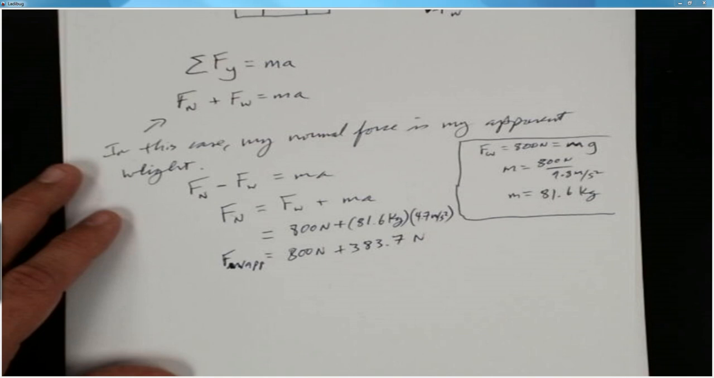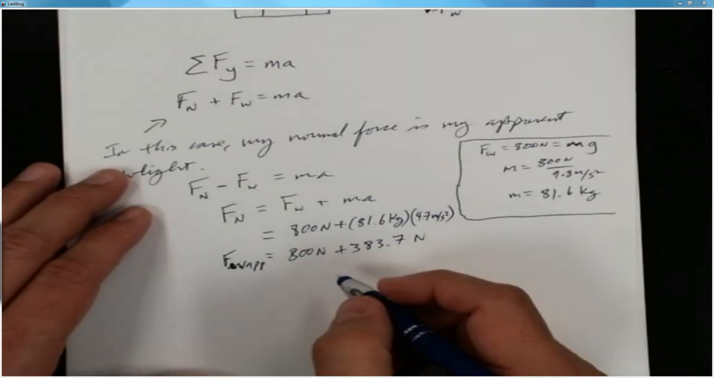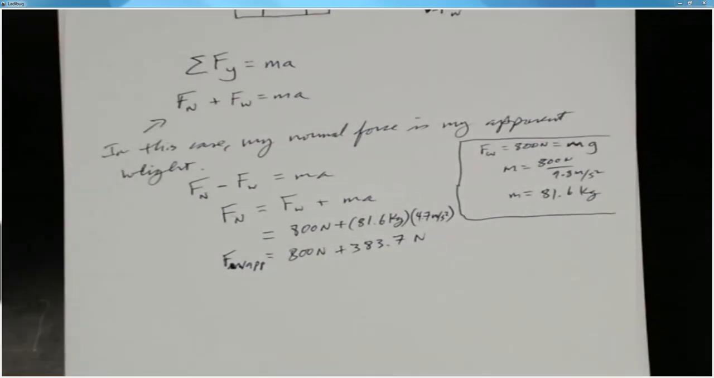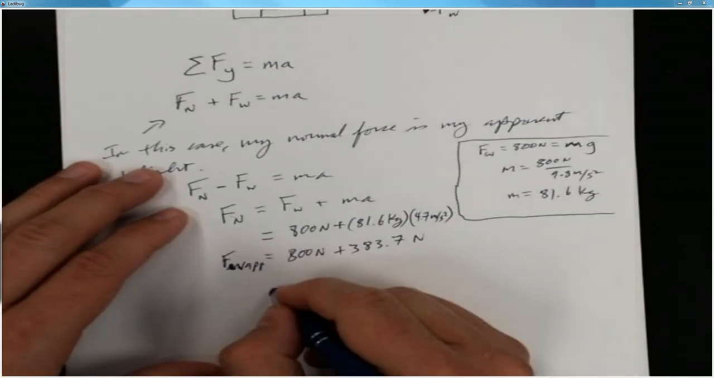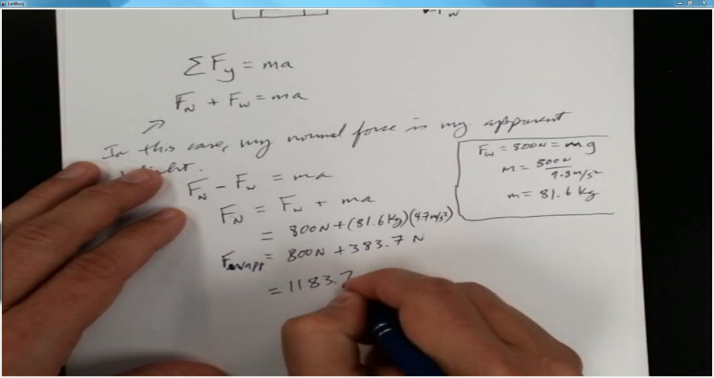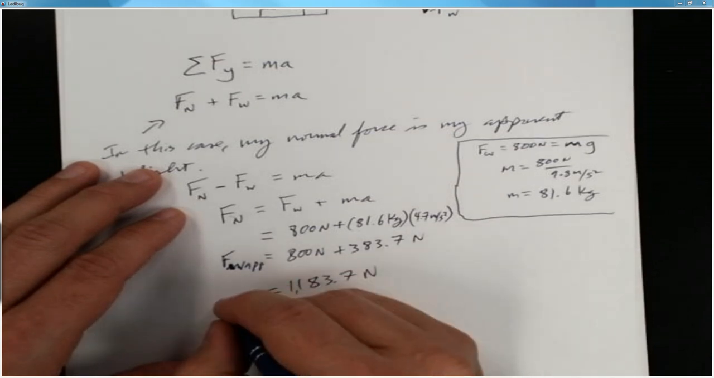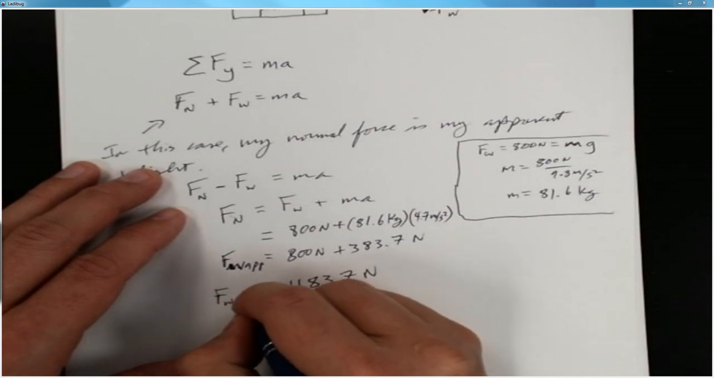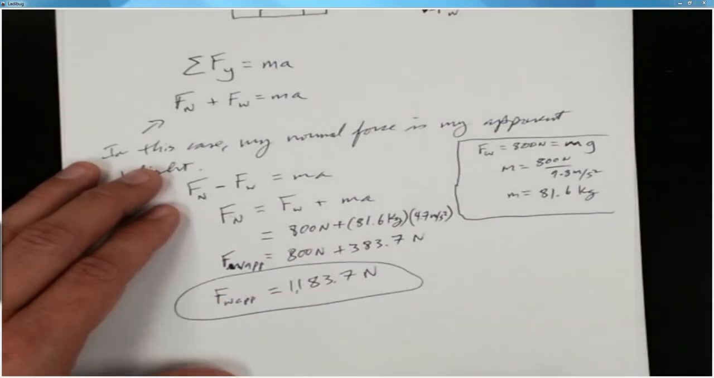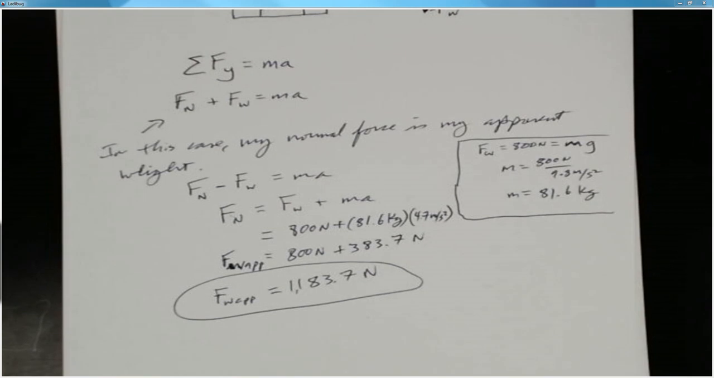That's a messy W-AP. The force of weight apparent is going to be 800 plus 383.7. So that's 1183.7, 1183.7 newtons. The force of weight apparent. Is that more or less than his actual weight? It's more. So just by this logic, you can already figure out kind of how much do you think